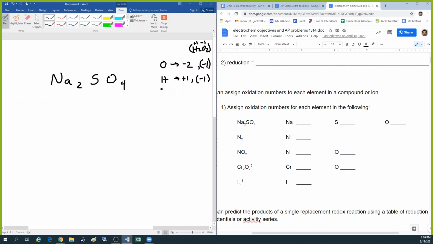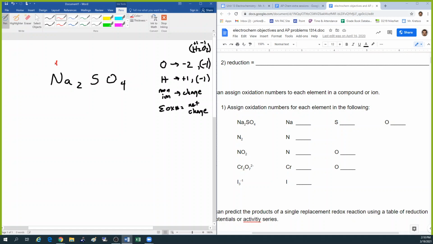And then remember, if it's a monatomic ion, it's whatever its charge is typically, and we can tell by the periodic table, remember the columns of charge, that's how we would assign those. And then, of course, let's put it this way, I usually write it in the other order. The sum of the oxidation numbers has to equal the net charge of whatever the structure is, the molecule or ion. And with that in mind now, we should be able to assign, because the sodium is an ion here,